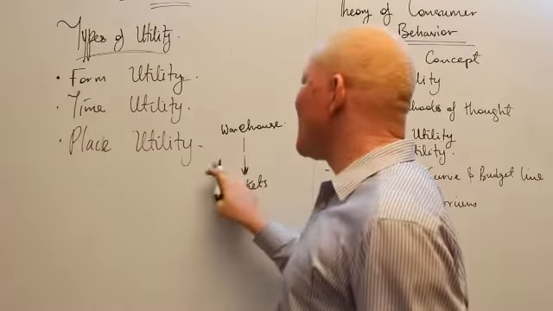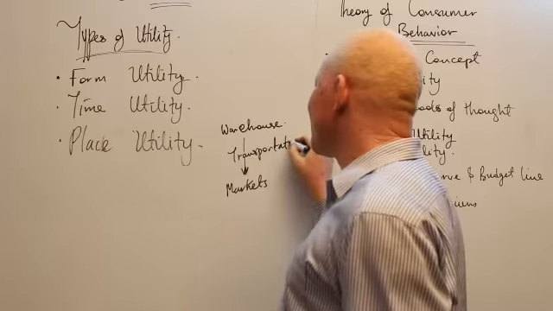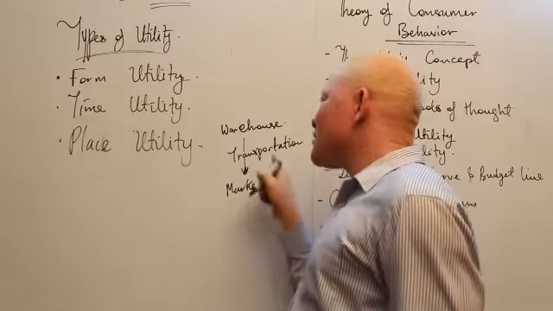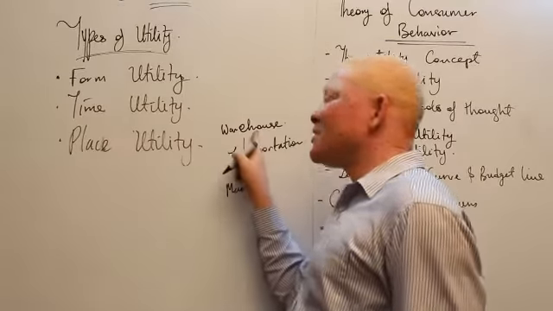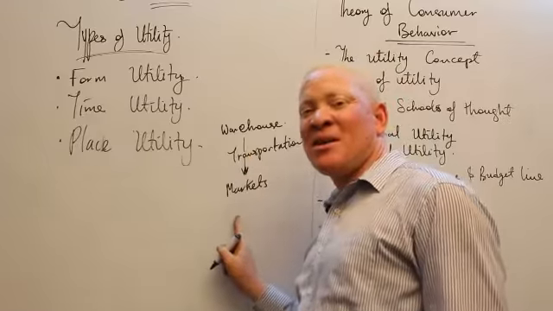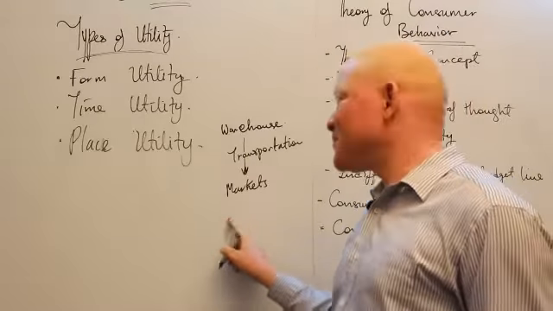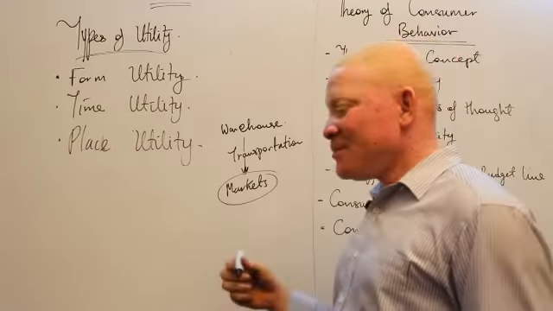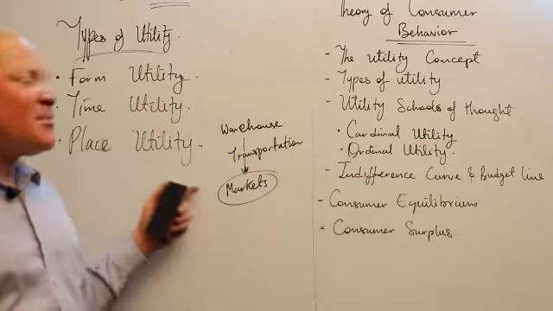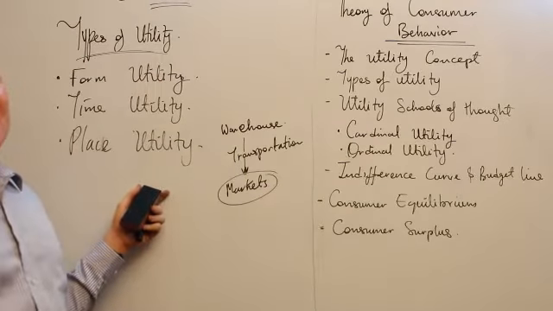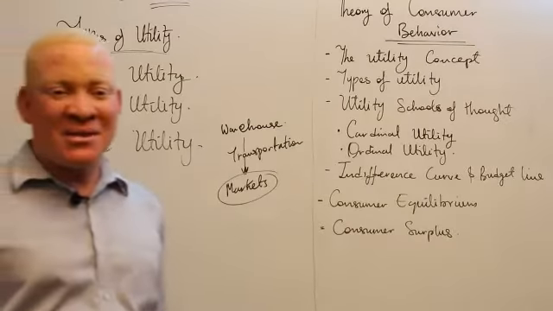So, by what means do they get to the market? Through what we call transportation. Warehouse through transportation. Transportation adds place utility to what? To the goods in the warehouse by taking them to the market where they are to be used or they can be demanded for. Okay? Then, also, items at the point of sale will not yield satisfaction to a consumer until it has been taken to the right place where it can be used.